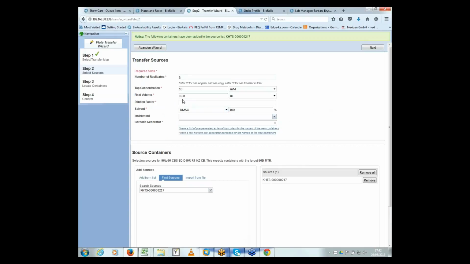and then a final volume of 10 microliters, dilution factor of 1 log unit, and in 100% DMSO. I'm going to use a Hamilton Star robot, and I'm going to generate a plate with a barcode, an ADME barcode. Okay, so obviously